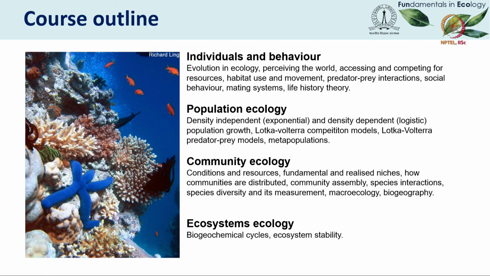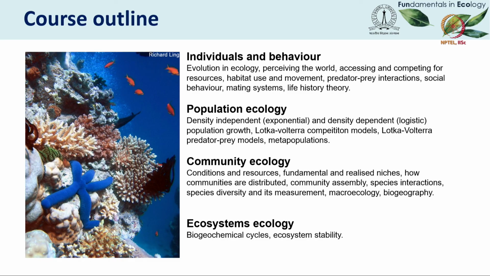And then at very, very broad spatial scales, macroecology and biogeography, which is the study of how species are actually distributed over large spatial scales on planet Earth. At the level of the ecosystem, we will get into biogeochemical cycles, things like the nitrogen cycle, the carbon cycle, the water cycle, and then also talk about ecosystem stability in terms of how ecosystems remain stable over large periods of time,